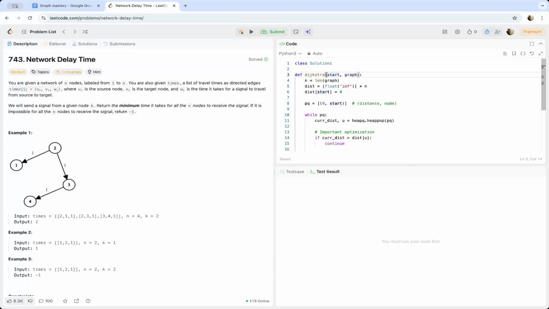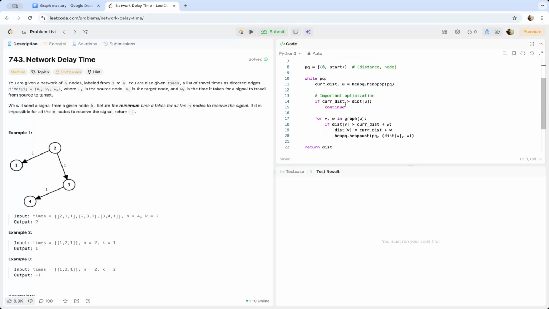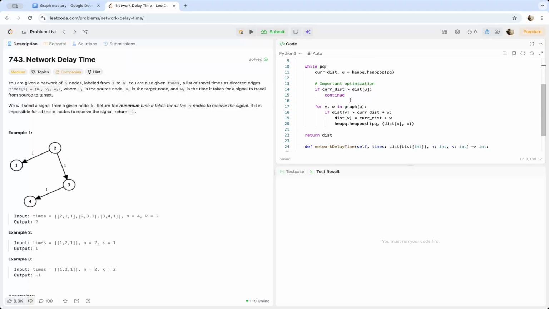So I'm saying self, send me a graph and a start node, and I'll be able to run this Dijkstra algorithm, and I'll be able to return the distance,